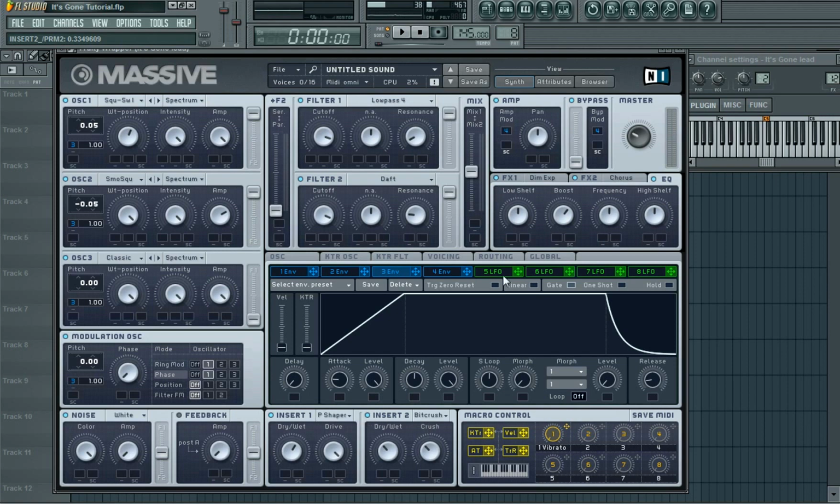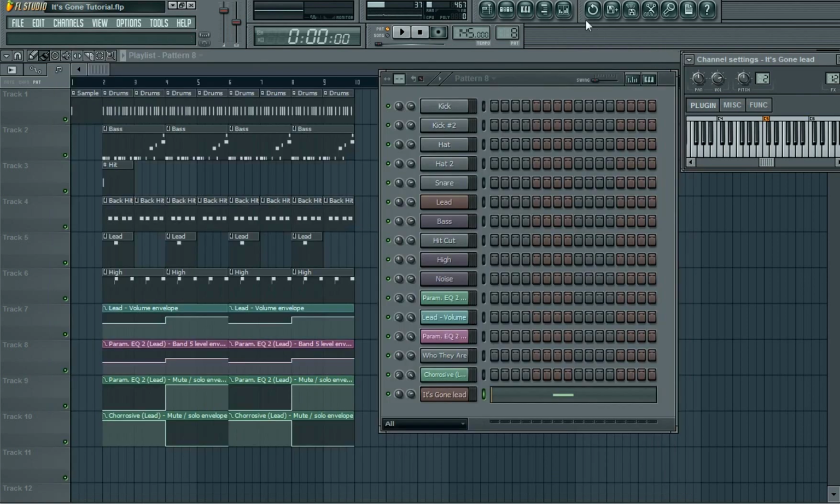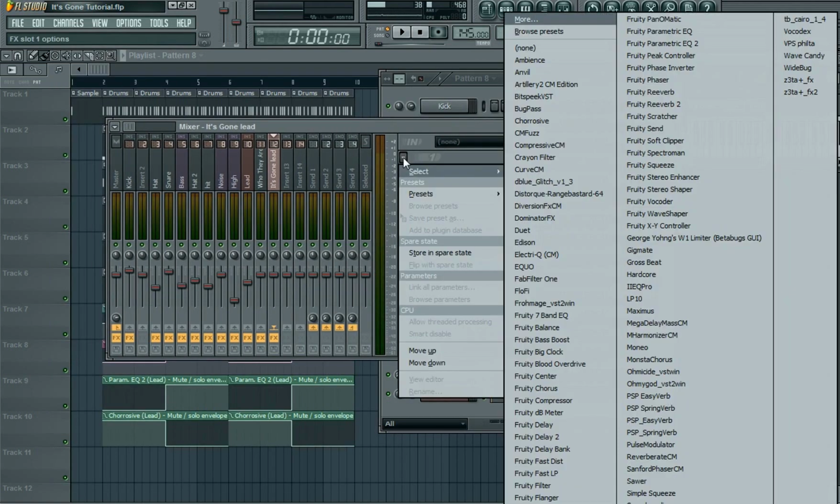Now insert 2 will only work on filter 2 at the moment because of the way the synth's routed. So if you go into your routing panel and then click here, then insert 2 will come into play after both the filters. So that's slightly more distorted, but we could add some more in the effects. So go into your effects, choose Maximus,